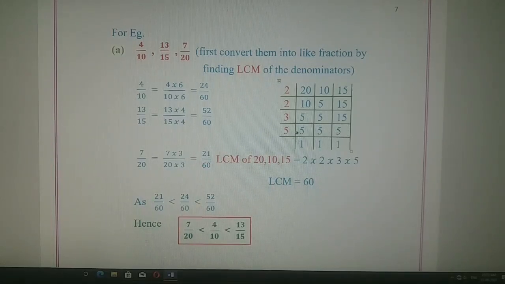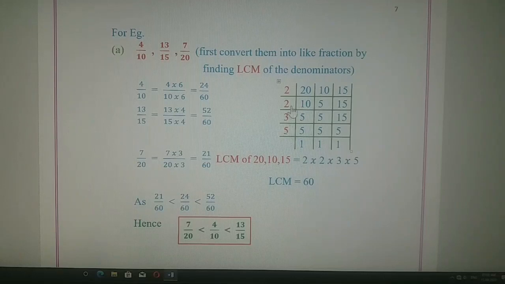So now we observe that all the numbers are 5, 5 and 5, and they come in the 5 table. So using the prime factor 5, we can divide these 3 numbers. 5 1s are 5, 5 1s are 5 and 5 1s are 5. So this long division has to be done till all the numbers are converted into 1, and then we can find the LCM answer.